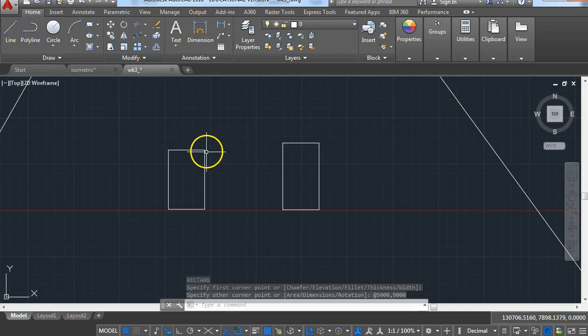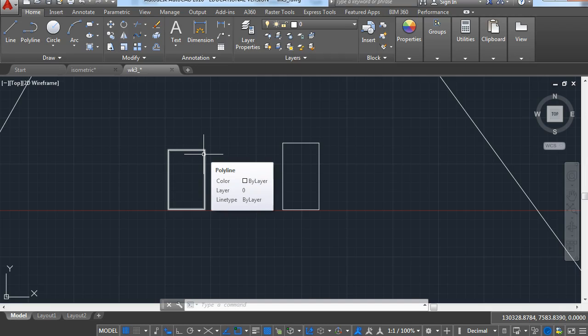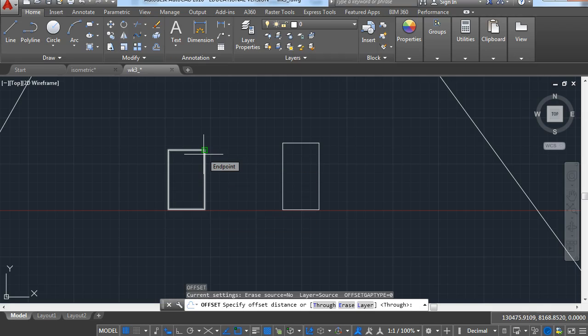The offset tool is a kind of a copy tool. It works by copying an edge and just offsetting it by a specified distance. So the keyboard shortcut is O for offset, and it asks us initially for the offset distance. So say you wanted to set the wall thickness at say 300 mil, so pop in 300, and we can